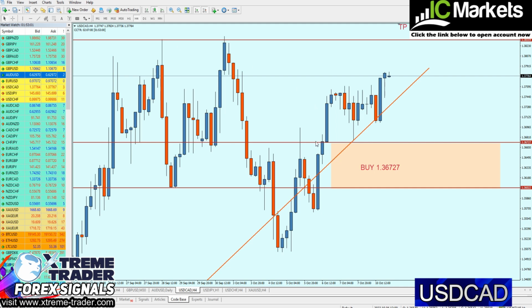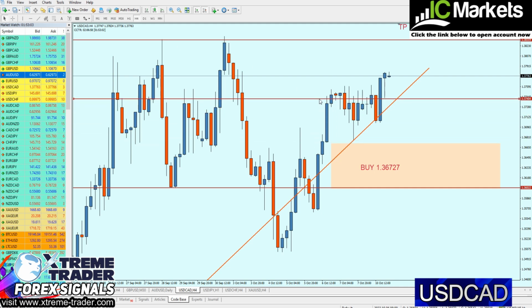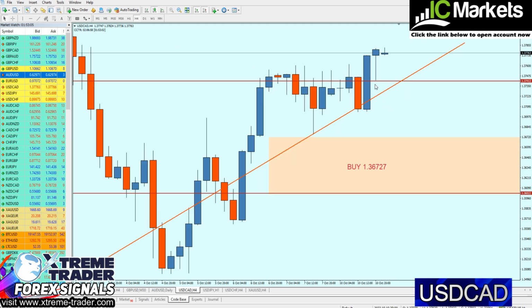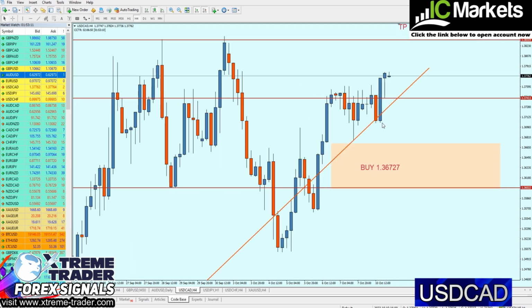Now, we can notice here, my friends, that the market has actually created a support number 1 exactly at the lowest level of this tail at 1.37413. Now we can expect the USD CAD to continue the fall again because it's facing a resistance level right here, and we can expect a pullback for about 35 pips before we can continue buying the USD CAD. Now pay attention, we also have here a resistance trend line which has been broken out from,